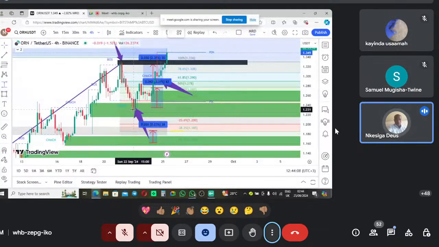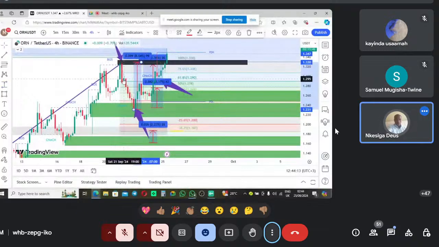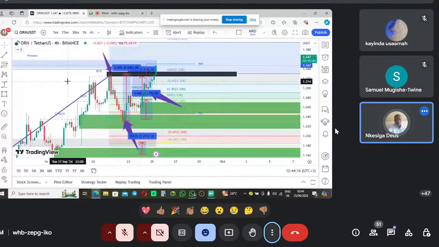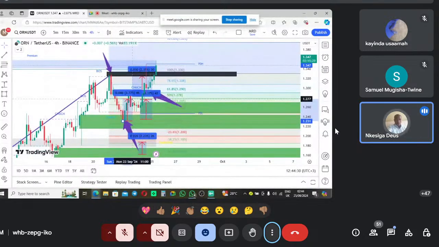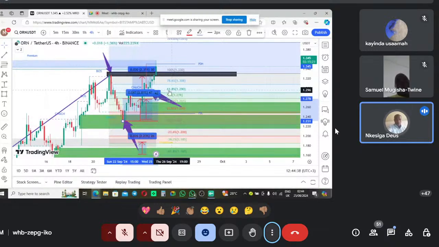We could enter, though the smart money is showing us that we are supposed to take profit at the previous high, whereby it could be 80%. But taking profit with Fibonacci, it could be around 3%, because we could consider the 50 percentage line. But considering the smart money, we could consider the previous high, which is called the supply level,